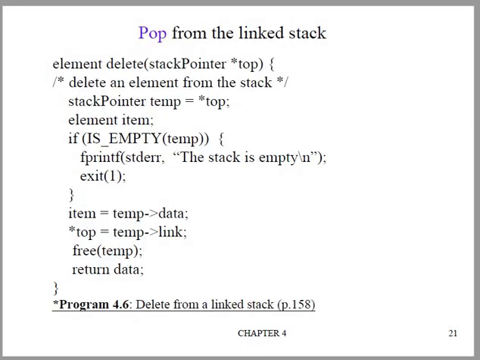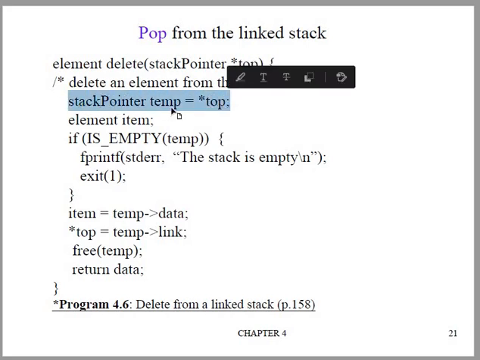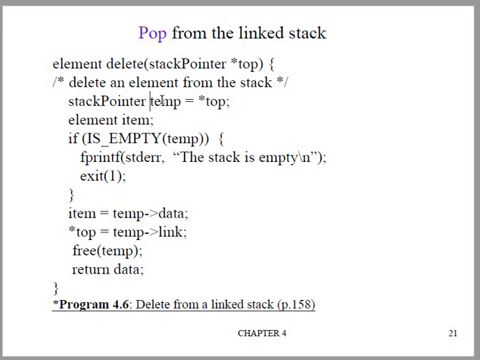Okay, now how can you remove an element from the stack? For that, you have to write a pop function. So you will be passing the top pointer here. Okay, so for the stack pointer, a new node temp will be created. Temp will point to the top node on the stack. Then the element is also a temporary variable, item. If temp is null, it means the stack is empty. Otherwise, whatever the top pointer is pointing to, you capture that data in item.